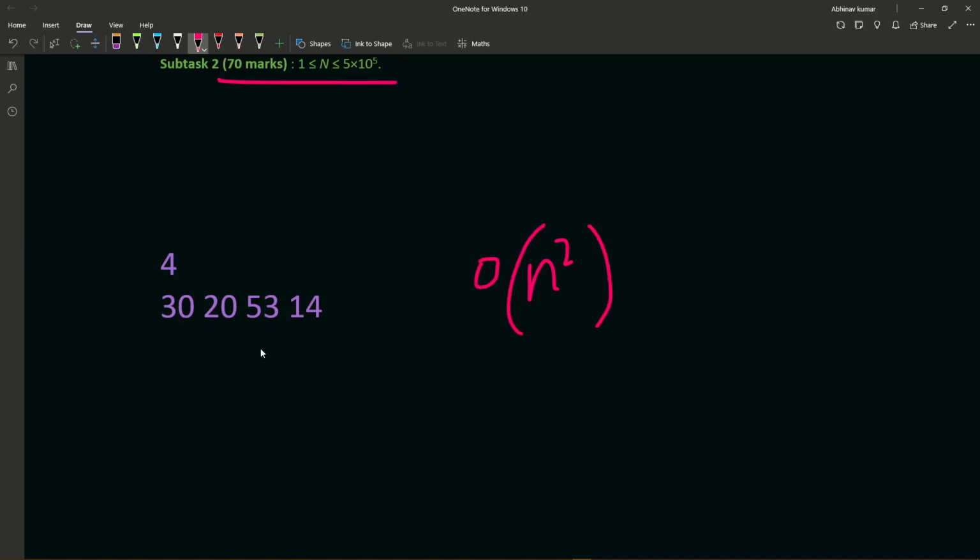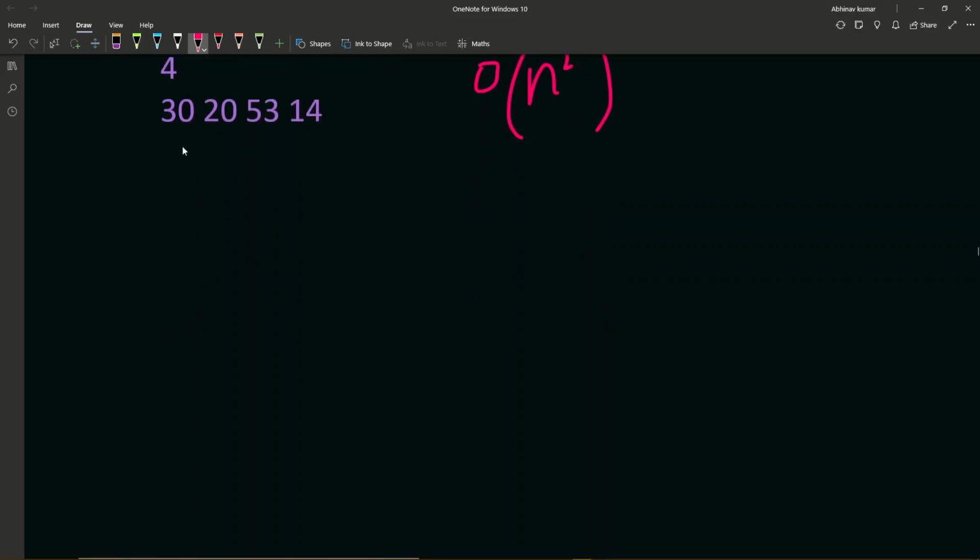The logic behind this is that we are going to check for each member how much money he is making. So for example, let's suppose there are 4 customers and each has money 30, 20, 53 and 14 respectively, right?